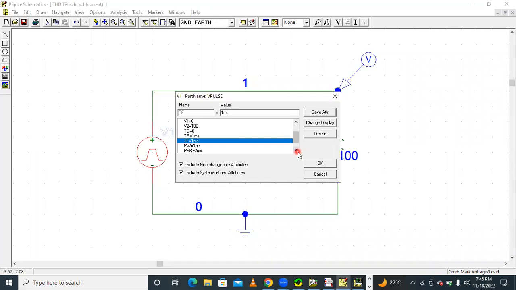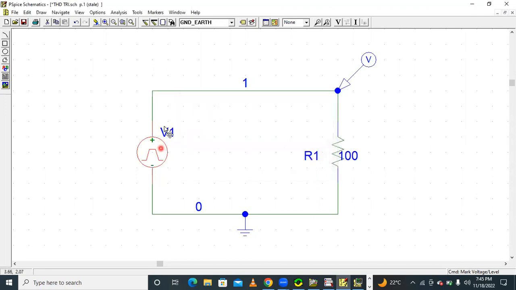Rise time and fall time are more compared to pulse width, and the pulse repetition is 2 times the rise time or fall time. Then we will get exactly a triangular waveform. That's why rise time is 1 millisecond and fall time is 1 millisecond, but pulse width is very small, so pulse width is 1 nanosecond. The pulse repetition, PER, is nothing but 2 times the rise time or fall time. Then we will get an exactly triangular waveform. And then after adjusting